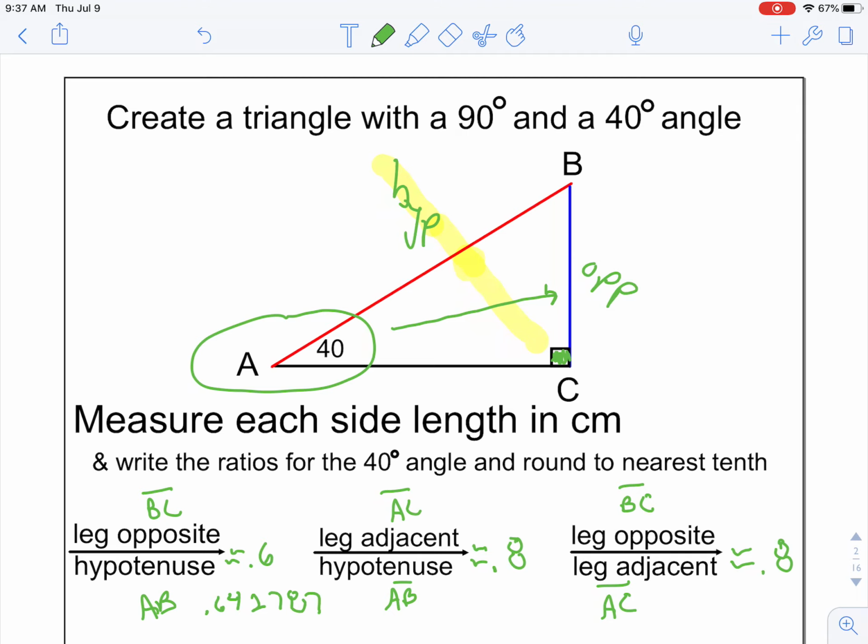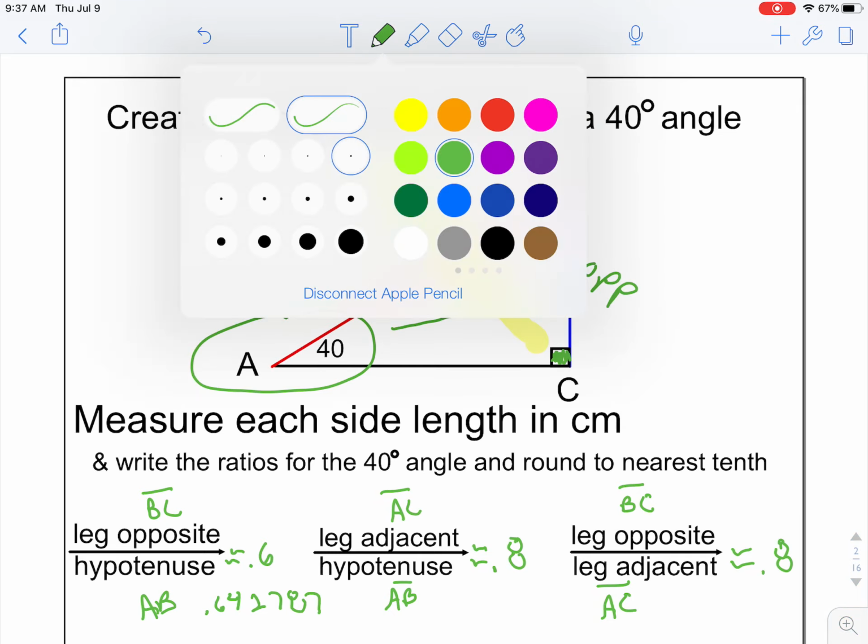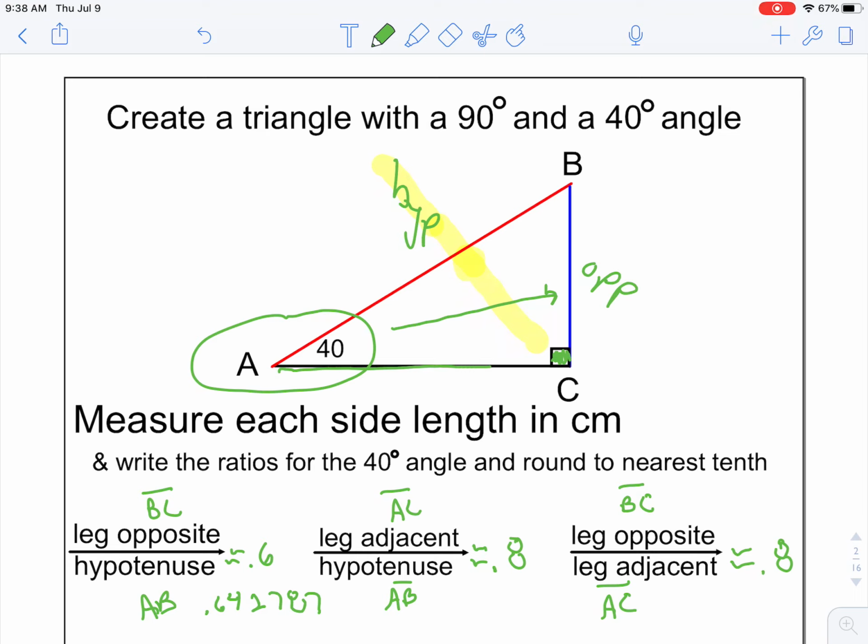And it also holds true that if you measure the leg that's adjacent, so this leg right here is adjacent to the angle that we are referencing, and you take the adjacent length divided by the hypotenuse, you also get the same exact ratio. No matter who drew the triangle and how long the sides are, you will always get it. Now, if we round to the nearest tenths, it's approximately 0.8, but it's actually